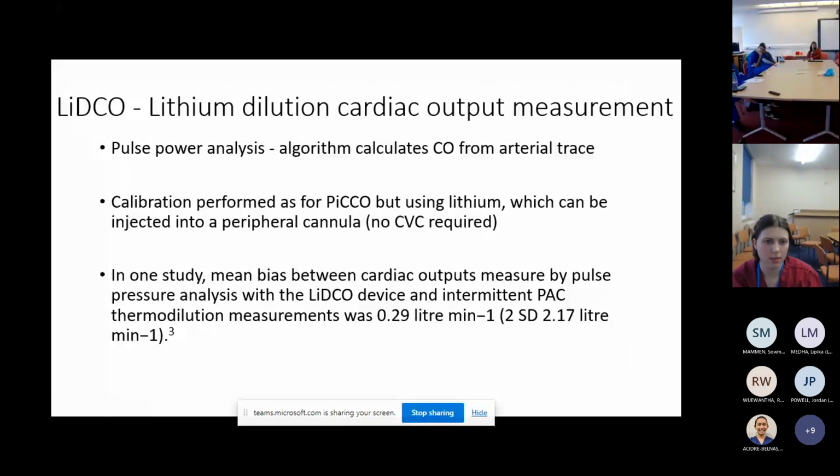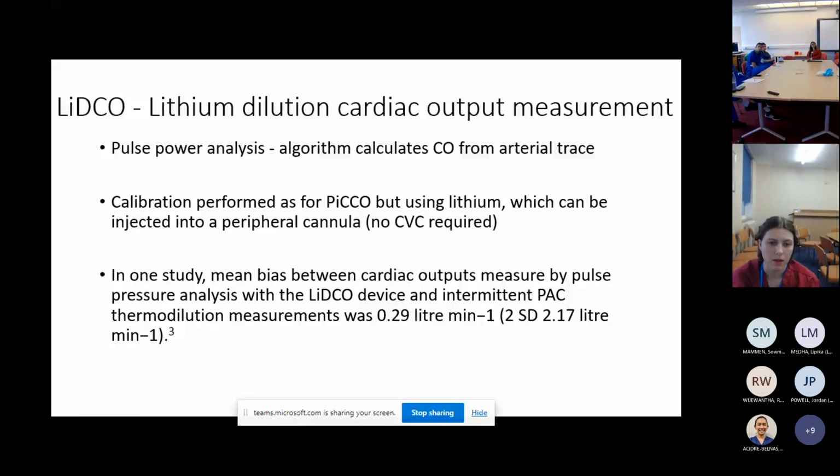The second one to mention is LIDCO. So this is lithium dilution cardiac output measurement. This uses pulse power analysis, which I think is similar to pulse contour analysis, and it uses an algorithm to calculate the cardiac output. It also uses calibration, but uses lithium dilution rather than thermodilution, and it's good because you don't need to have a CVC, so you can just use a peripheral cannula